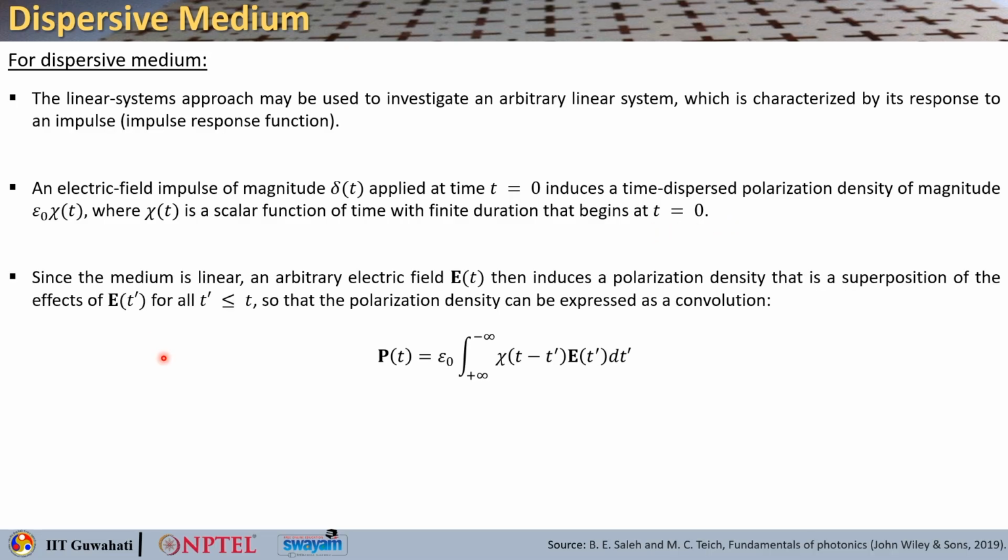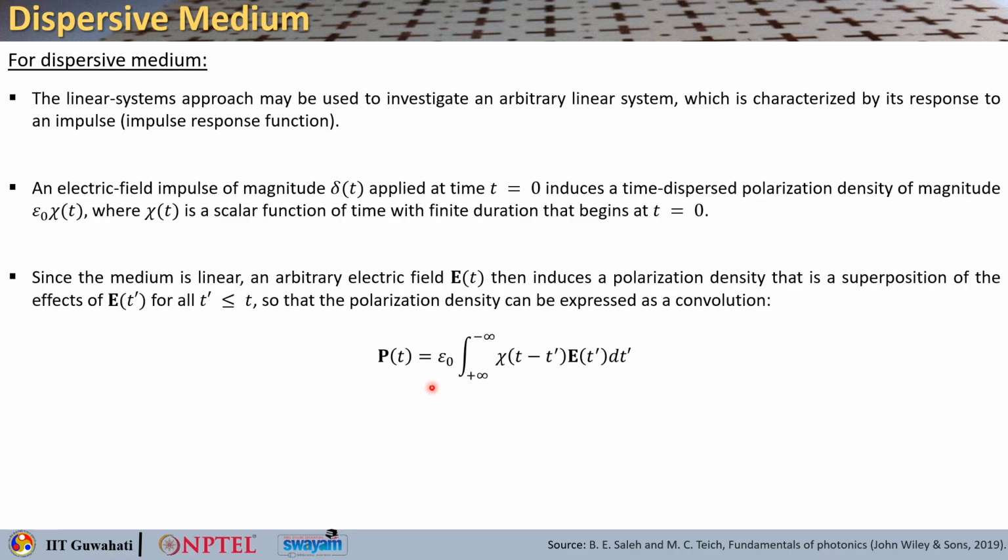Now, since the medium is linear, any arbitrary electric field E(t) then induces a polarization density that is a superposition of the effects of E(t') for all t' less than or equal to t. So it is covering everything before that time t,